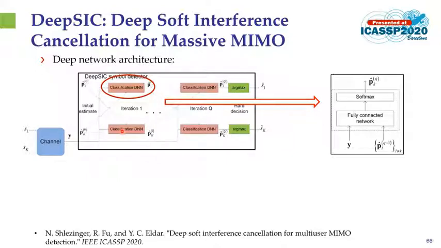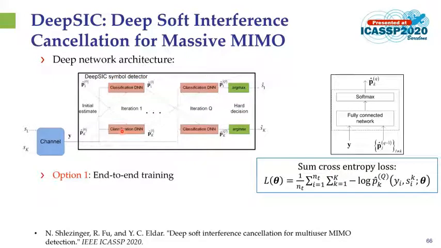And there are actually two approaches to train this resulting architecture. First, just train the whole thing in an end-to-end manner. Namely, we take the sum cross entropy loss, which means that we're essentially only looking at the overall output of the deep receiver. Now, by taking this approach, we're essentially using our training to jointly adapt all the parameters of the system, indicating that we are expected to need a large number of labeled samples in order to train the network.